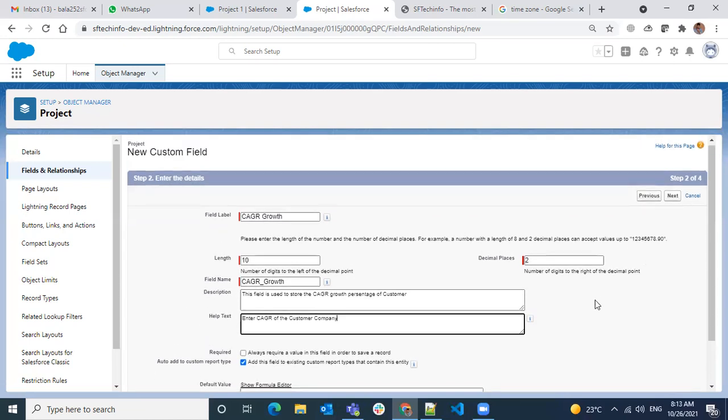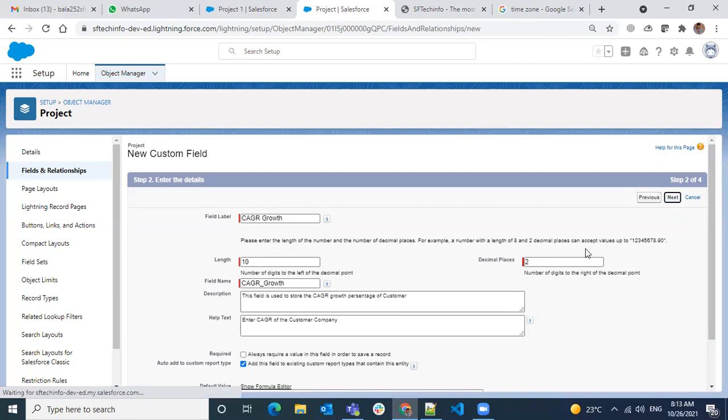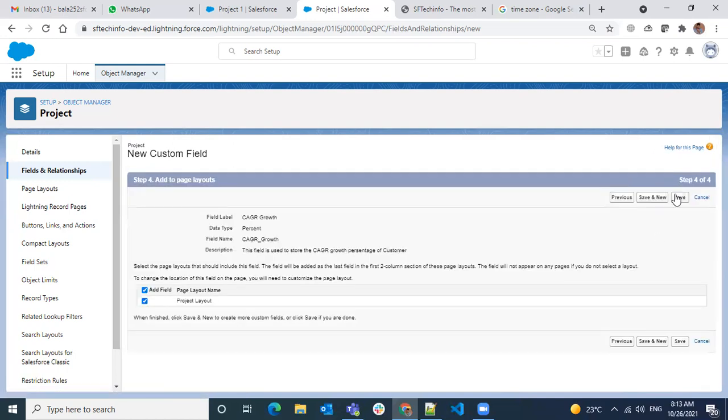Okay, so I have to remember this will be stored only in decimal places. So let's say percentages. You have to remember that if you enter 100 in the UI, in the backend it will store it as 1. What is actually a percentage?